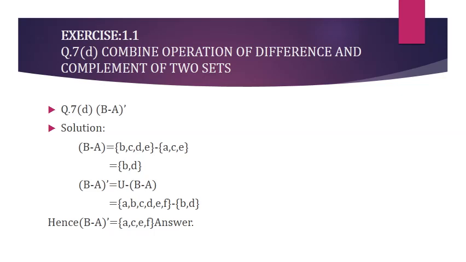So in the second last step I have written first all the 6 elements of the universal set in the first bracket: A, B, C, D, E, F. Then I have written the elements of B minus A, that is B, D, and in between the two sets the sign of minus. When we subtract B, D, the answer of B minus A, from the universal set A, B, C, D, E, F, the leftover of the universal set is our final answer. Hence we can say the complement of B minus A is A, C, E, F. Okay students.